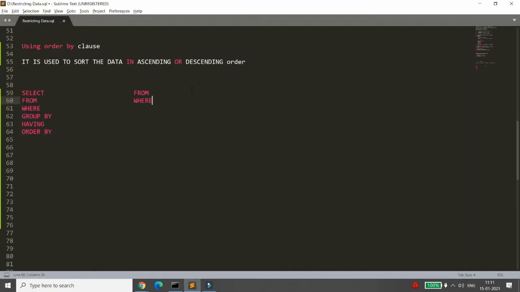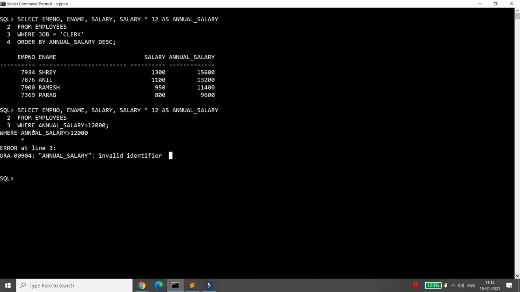Then your group by will run, then your having will run, and after this your select clause will run, and after this your order by clause will run. So whenever your order by is running, your select has already run, and as a result the values available in the select clause will be accessible in the order by clause. So your order by clause will do what?